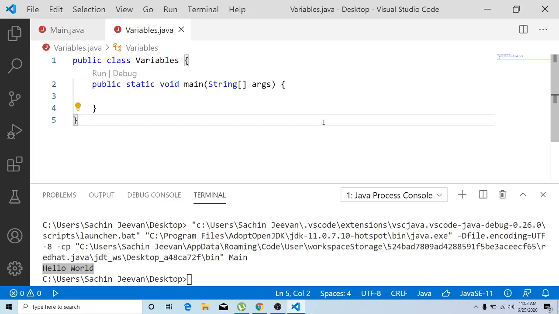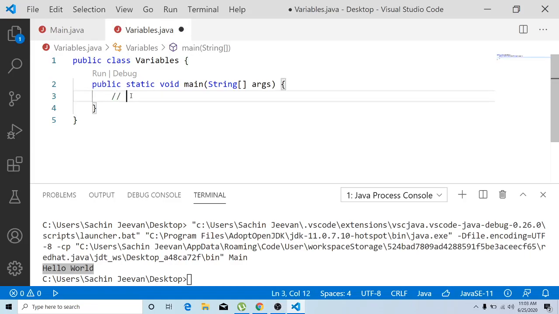In this lecture, we are going to look into variables and data types. Just a small introduction to variables and data types. Coming to variables, what are variables? First of all, we will see what variables are, and then we will move to a demo where we take a variable, initialize a value, and go for the demonstration later.